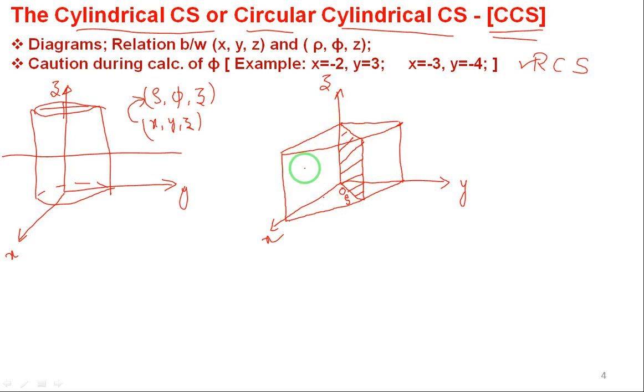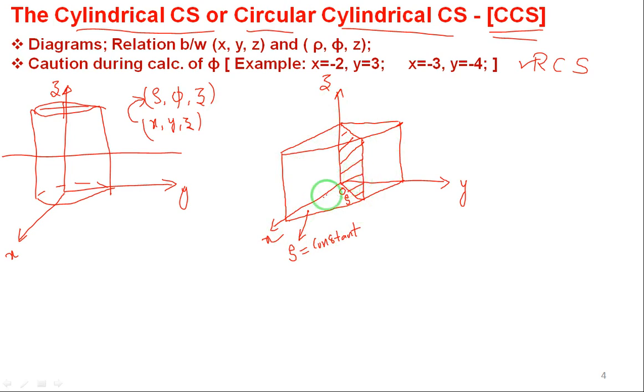See here, just observe my hand movement and the pointer movement. This is the surface of the cylinder. This is the rho equal to constant plane. Why do we call it the rho equal to constant plane? Because if I locate any point on the surface of the cylinder, rho is fixed, because the radius is fixed. So this entire surface here is the rho equal to constant plane.